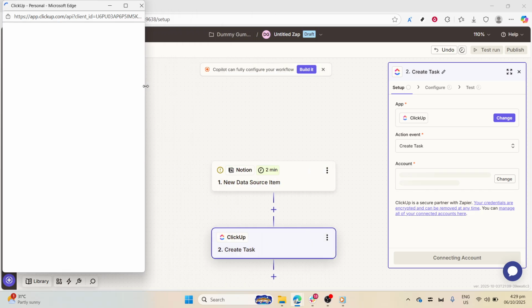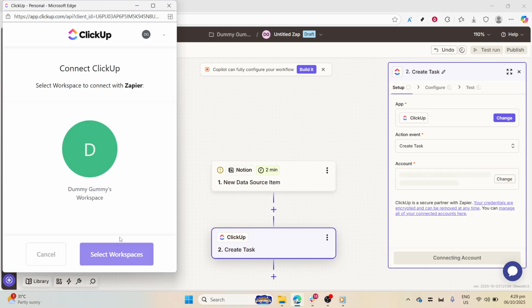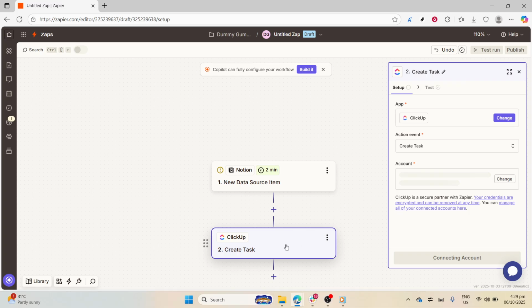Finally, activate the workflow so that it starts running automatically. By switching on this automation, your tasks and pages will now sync automatically between Notion and ClickUp without any manual intervention from you. In conclusion, integrating Notion with ClickUp through Zapier or Make can transform the way you handle your work, providing greater efficiency and